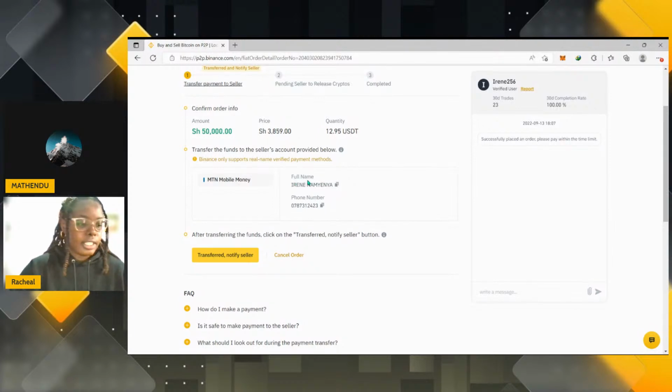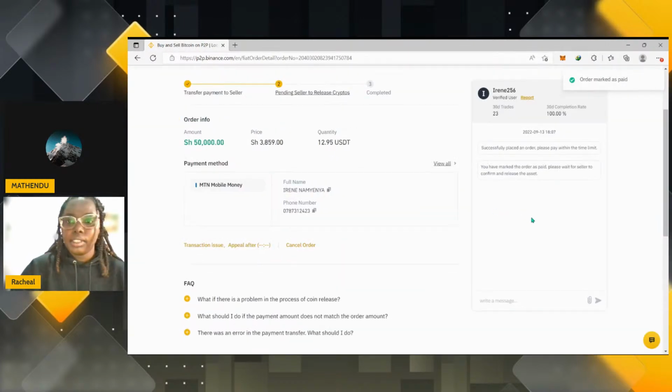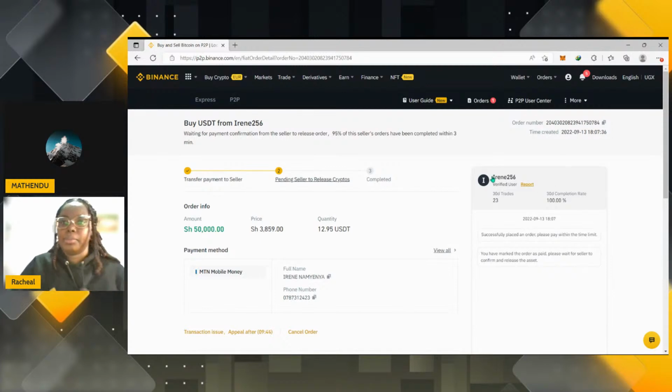So I've sent the money. After sending the money, I click transferred, notify seller. This will lock the coins, and then the seller is going to confirm the payment and release the money. After the money is released, I've already made my deposit. I've successfully made my deposit. As we wait for the order to be completed,